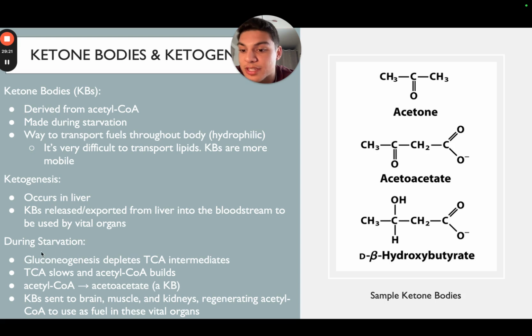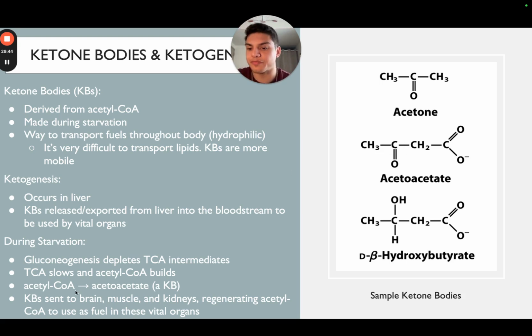And so during starvation, I just want to give the context, gluconeogenesis depletes TCA intermediates. So our TCA cycle basically doesn't work anymore. TCA slows and acetyl-CoA builds up. Now, the acetyl-CoA can be turned into acetoacetate. Acetoacetate is just 2 acetyl-CoAs mashed together, and then you get rid of the CoA right here. As you can see, there's the first acetyl-CoA, and there's the second one, and we got rid of the CoA